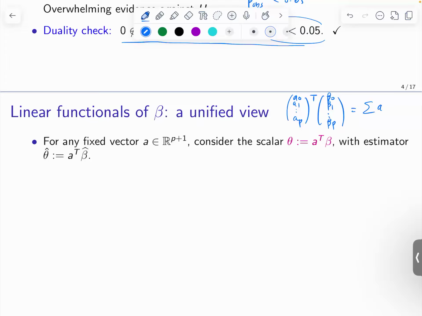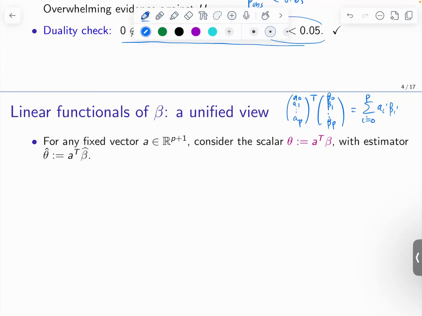You get the sum of AI beta I from 0 to P. So it's a linear combination of betas, and let's say the A's are known. So I have a given A,